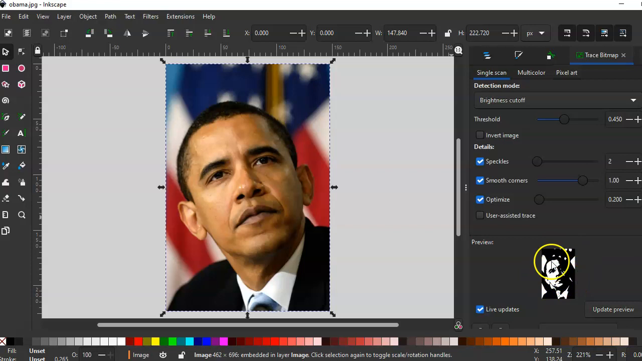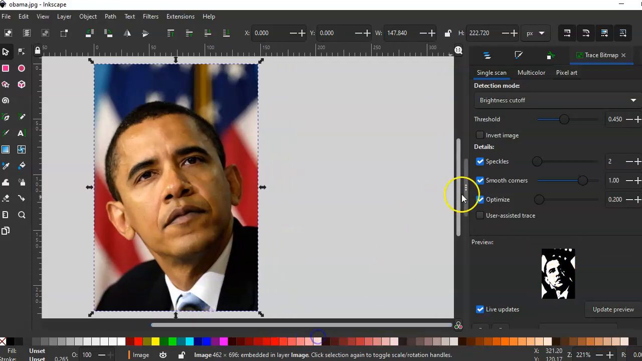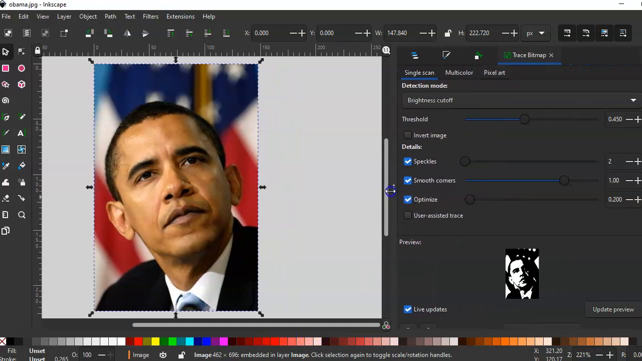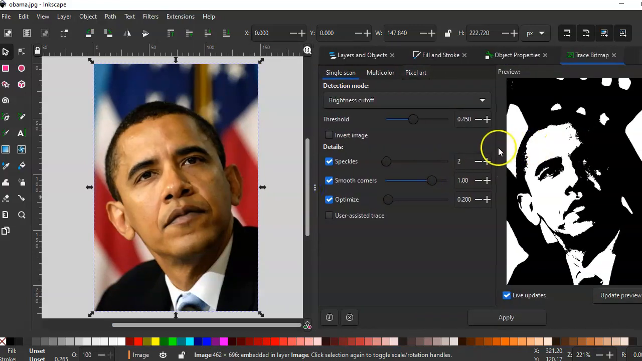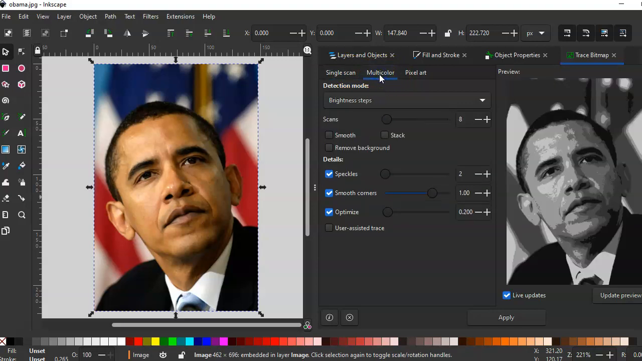Now the preview is right here on the bottom, but if you grab these three points and drag it, the preview window becomes larger on this side. Right now we only have a black and white, a single scan. You can click on the tab up here that says multicolor, and now it's multicolor, but I still don't see any color. So you go to where it says brightness steps. You can click on color, pull it down to color,